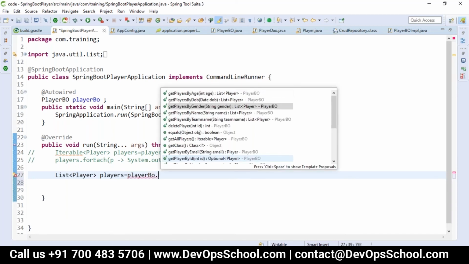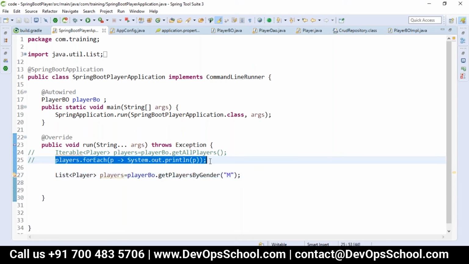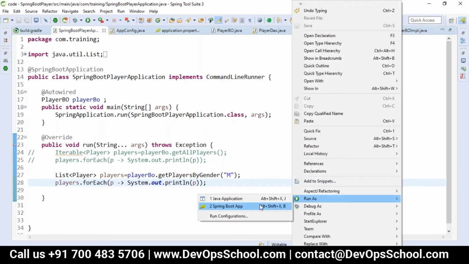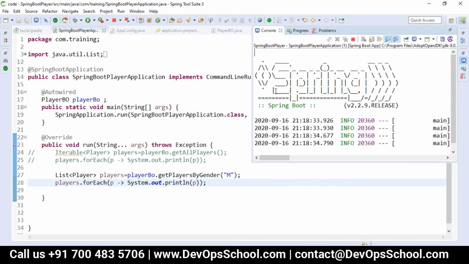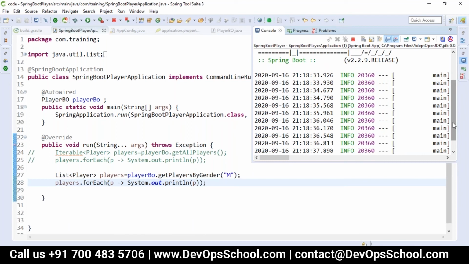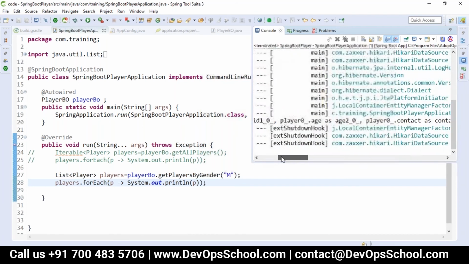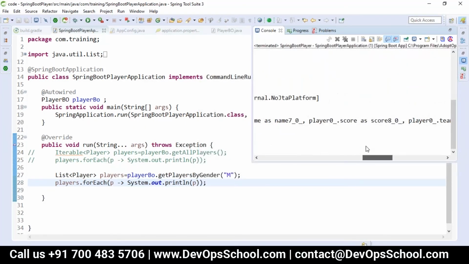We will get player by gender. I'll pass it here. You can see the query is written, but there are no results to display.